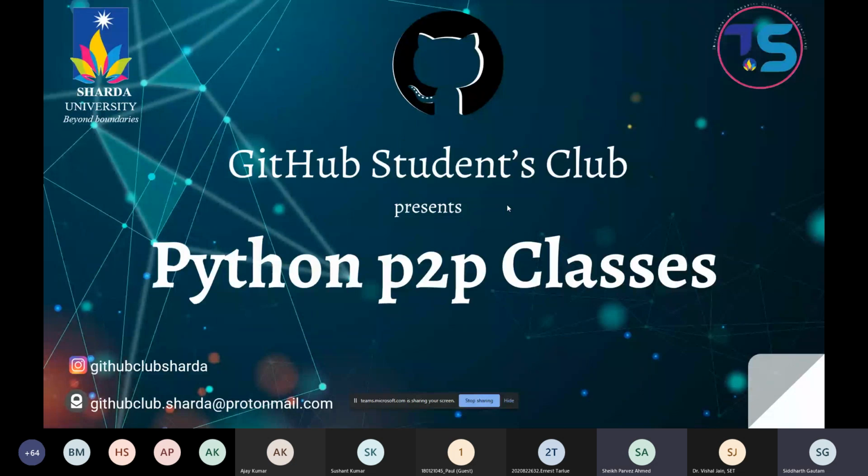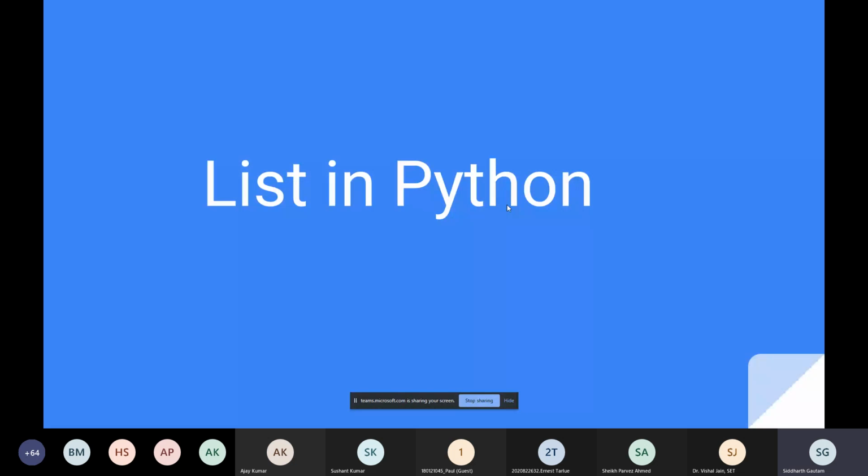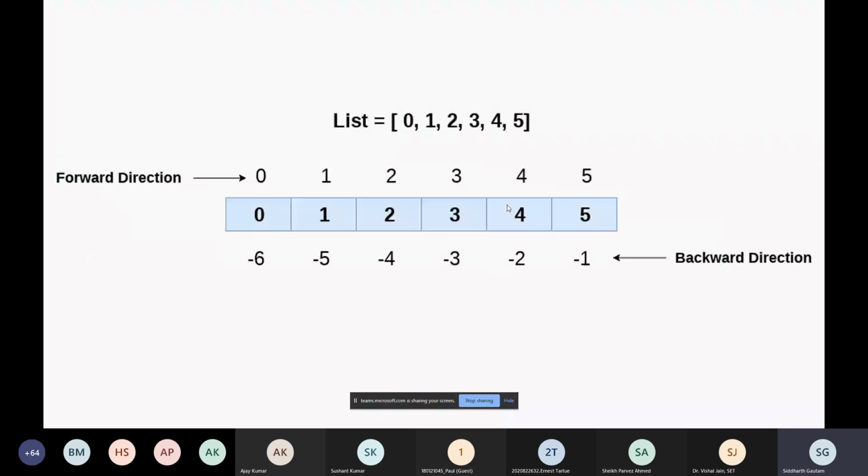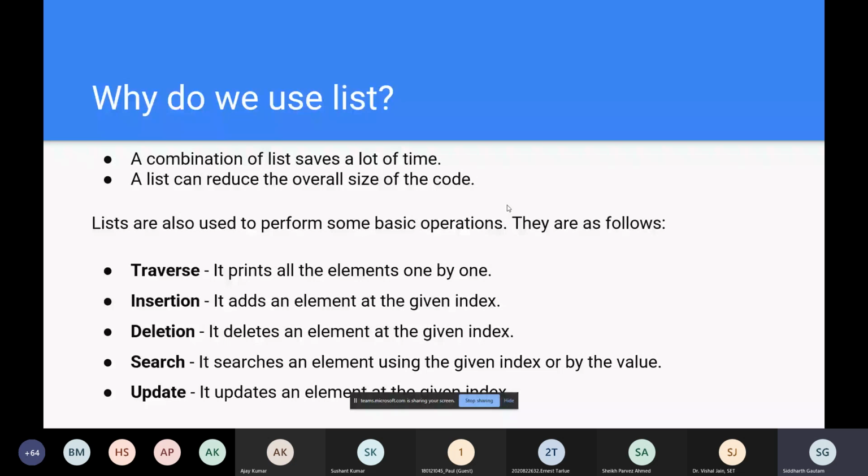Okay, so let's move on with the class today. If you guys remember, last week in the end we studied lists. This portion is what we have already covered. So let's move on to the functions, some of which we might have missed last time. There's traversing, which we have done. I will just give you a quick recap. Traversing is done through looping. If the name of your list is list1, you can just type for i in list1, and you will be able to traverse the list.